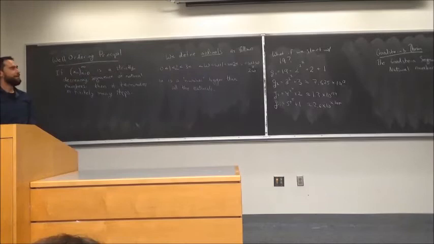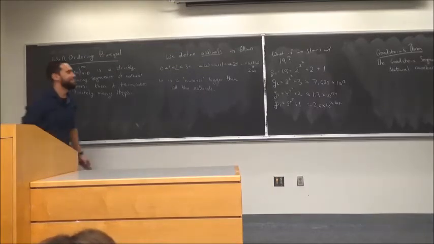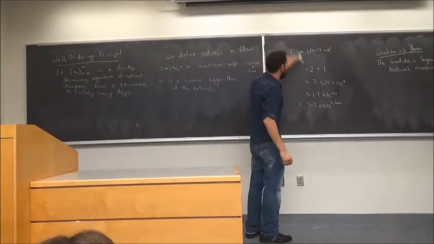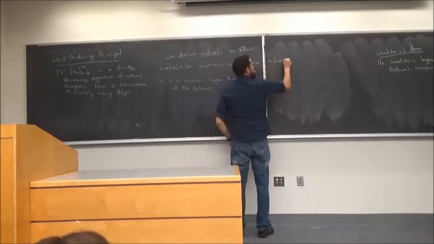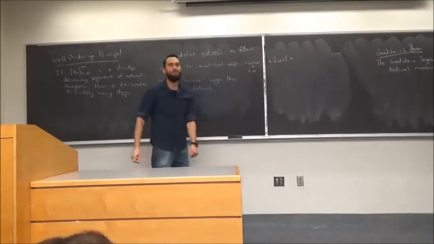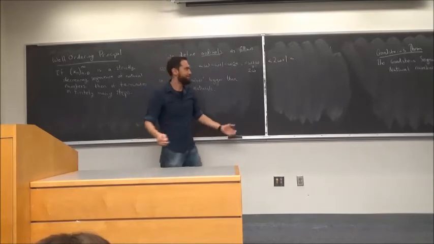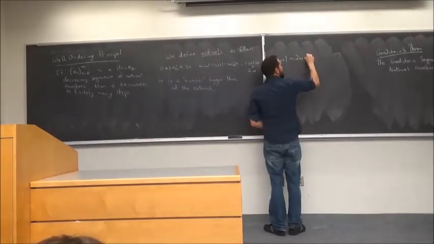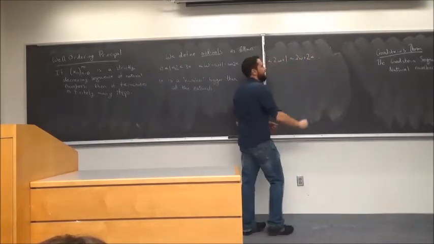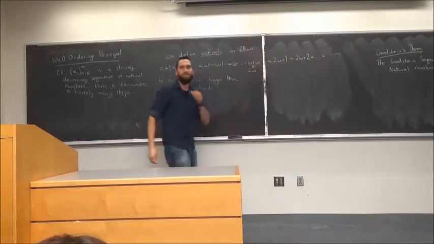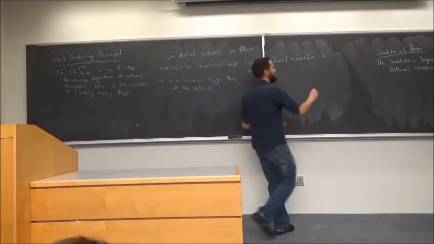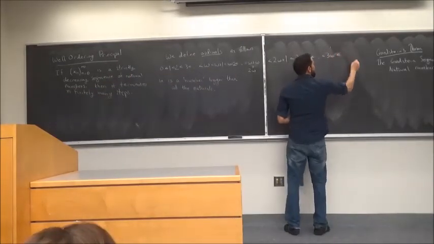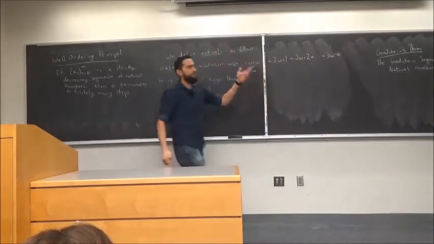Okay, we can keep going. What comes after 2 omega? 2 omega plus 1, right? So we can keep going with this. What comes after this? You would tell me 2 omega plus 1. What comes after this? 2 omega plus 2, right? What comes after all of these guys? What comes after the 2 omega plus n's? 3 omega, right? Omega plus omega plus omega. So 3 omega. Okay, after we've exhausted this list of 2 omega, 3 omega, and all the numbers in between,